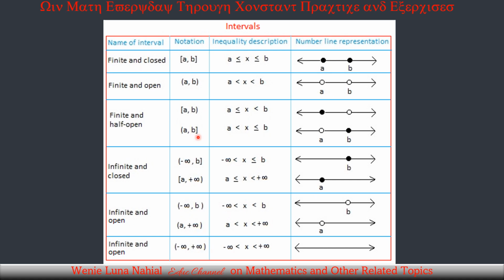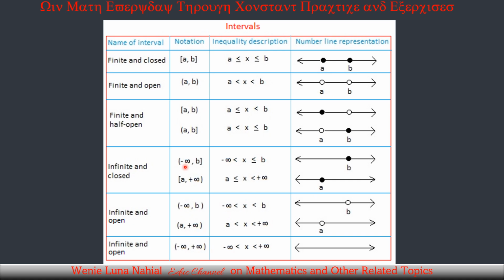Then this one, this is half open to the left. And this is the inequality equivalent to this half open to the left. In terms of the number line representation, you see that for this, it is only A which is included in the set, but B is not included. In here, A is excluded, B is included. Then we have the infinite and closed. So for this one, you have open, negative infinity, then B, closed, meaning to say B is included,